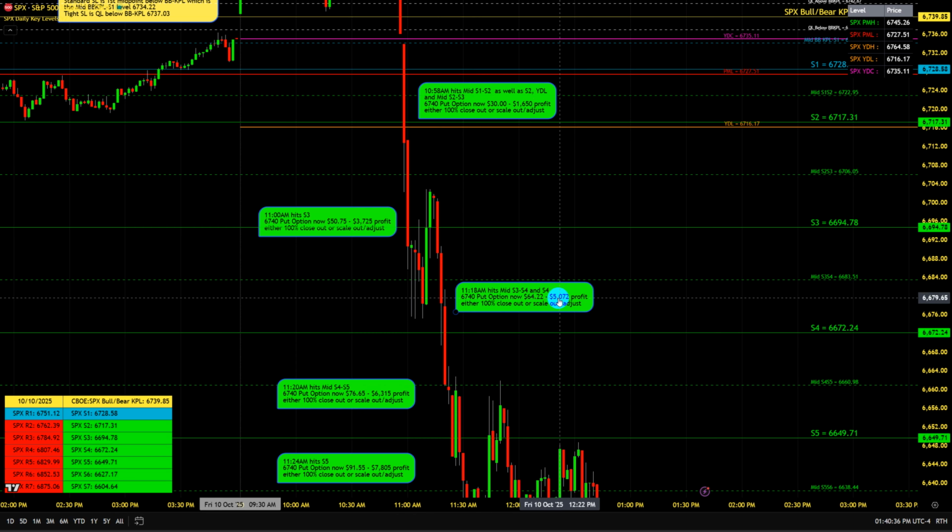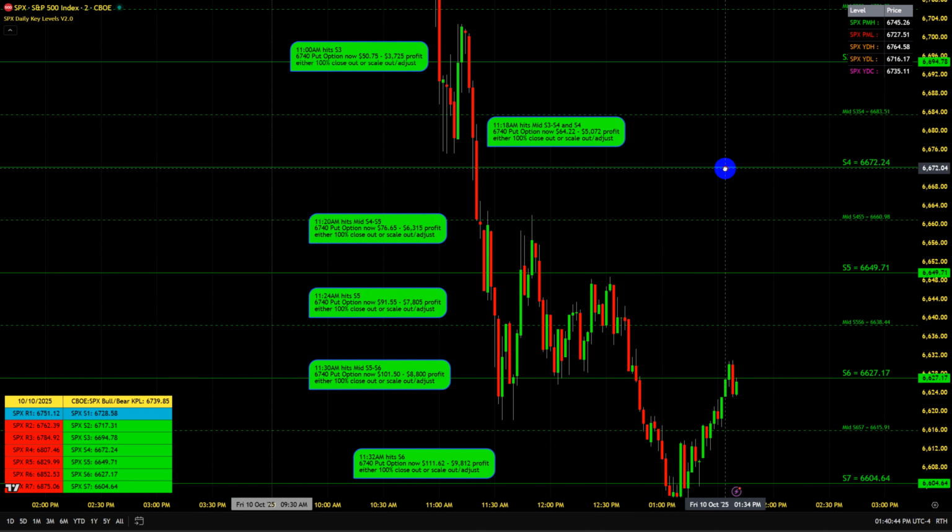That's a $5,072 profit per put option. Now in the very next candle at 11:20, it hits mid S4 and S5, as you can see here. On the close of this candle, the 67.40 put option is now $76.65, and that is a profit of $6,315